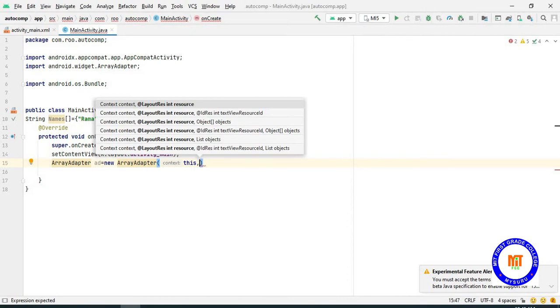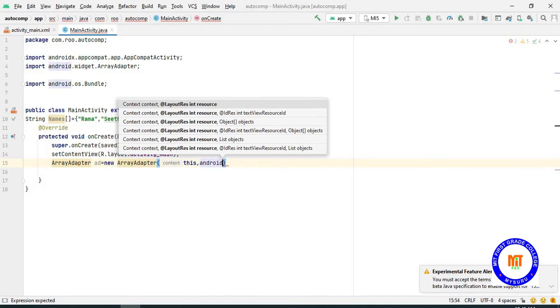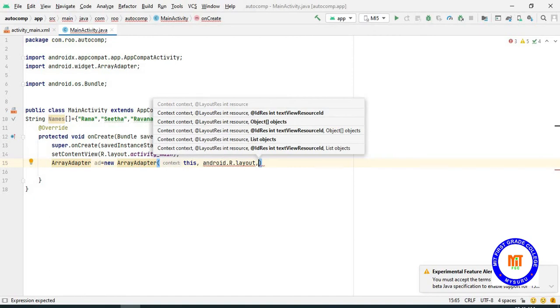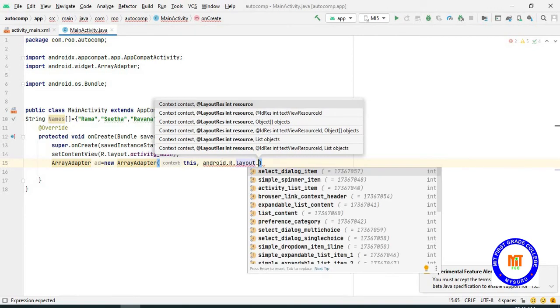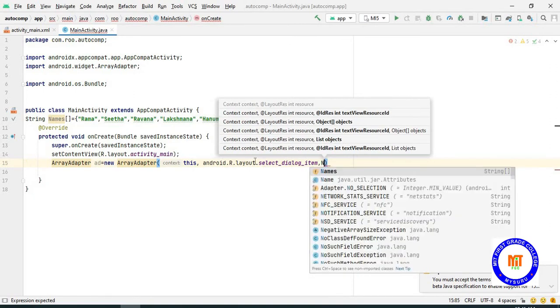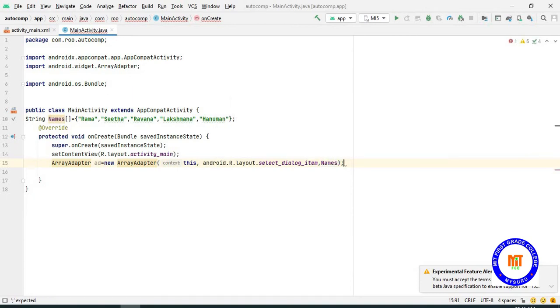Second one is android.R.layout.select_dialog_item. Select dialog item is used to get the names in the form of a dialog box. You can also add other options. Then I am importing this names array here. Then close it with a semicolon.